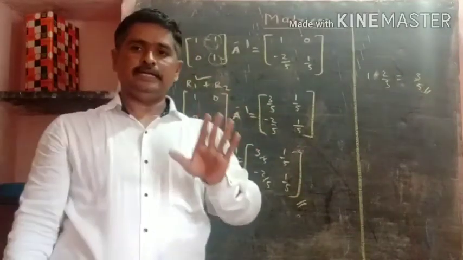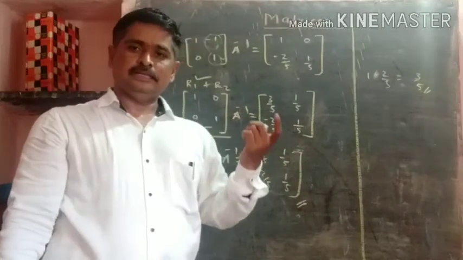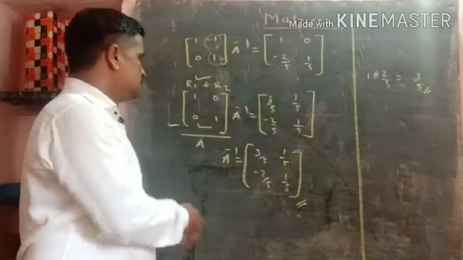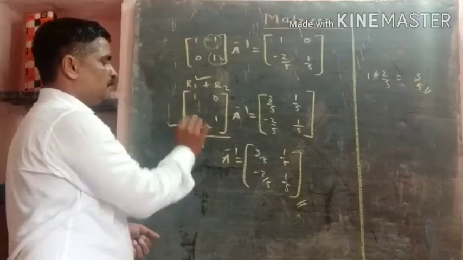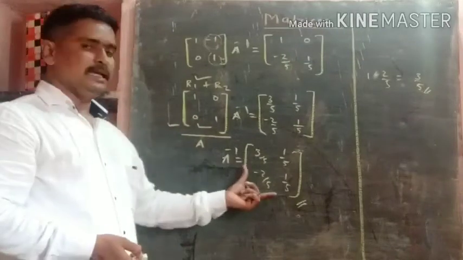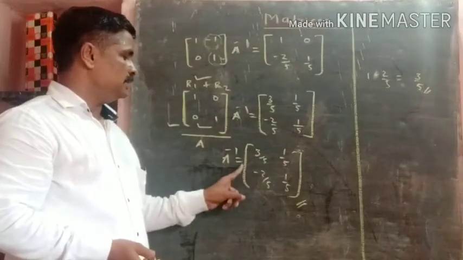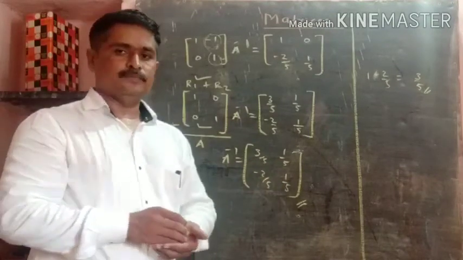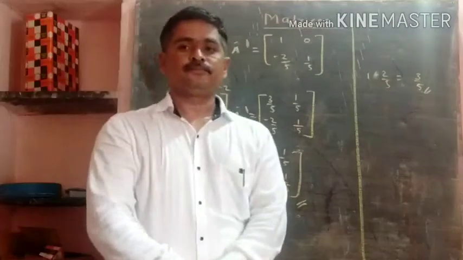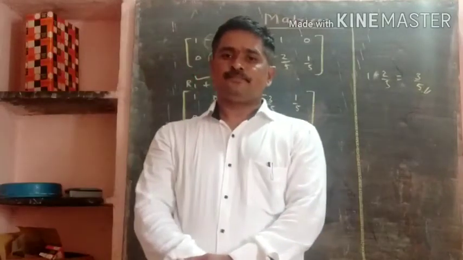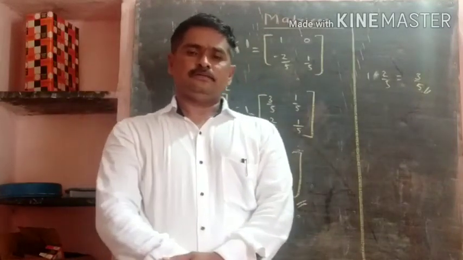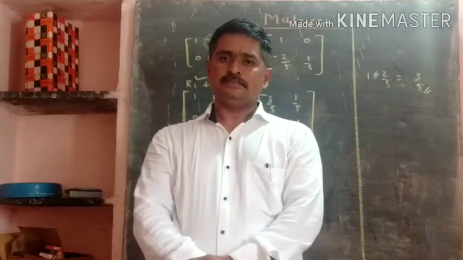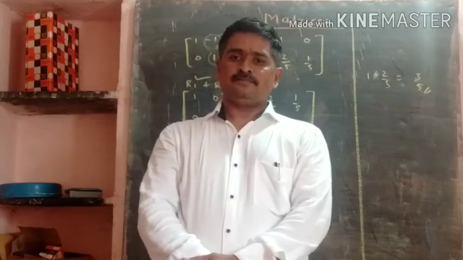First of all, write A into A inverse equals I. A is the given matrix and we have to reduce A to an identity matrix and apply this procedure like this. So A inverse is nothing but A inverse equals 3 by 5, 1 by 5, minus 2 by 5 and 1 by 5. So it is an elementary transformation method, and whenever we have to find the inverse of a matrix, one very simple